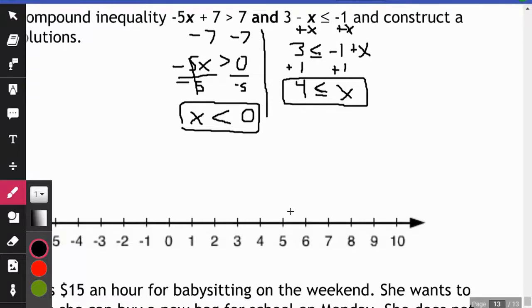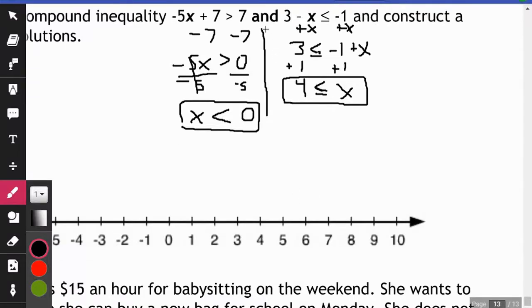Okay. So what does that look like? We need "and", right? We need where these overlap. So x has to be less than 0. It's going to go that way from 0. X also has to be less than or equal to 4. Where is that the same for both of them? Well, this one keeps going and they overlap. So the place where it's the same for both of them is where things are less than 0,